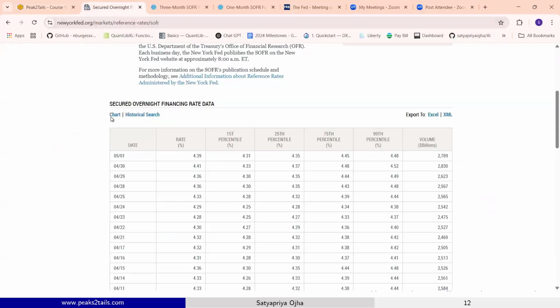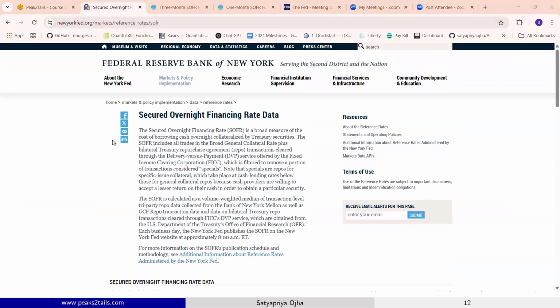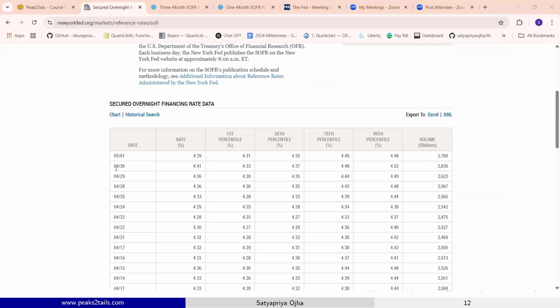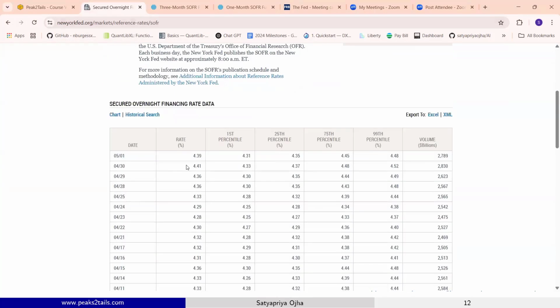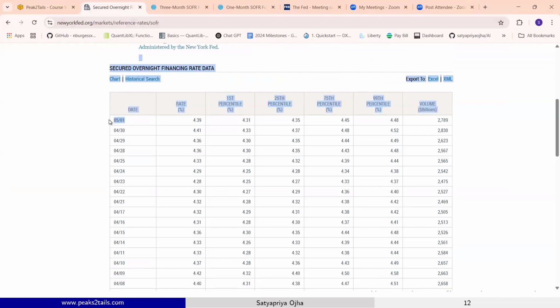Anybody can go to this website, okay? It's not a black box anymore. Federal Reserve Bank of New York, go to this website. They have some valuable information on SOFR. You can read about it. But this is the publication. You can see, let me refresh this. Let's see. So the last published,